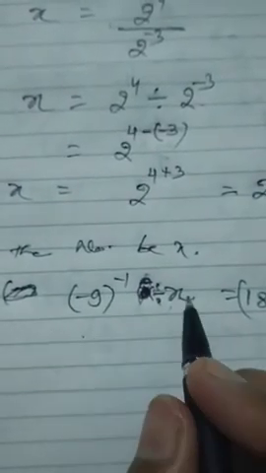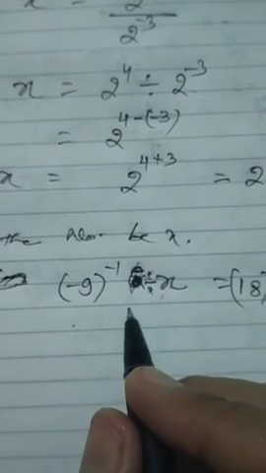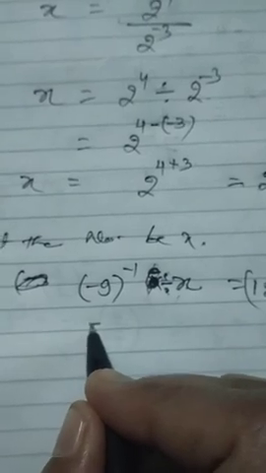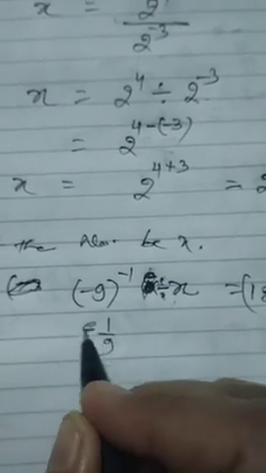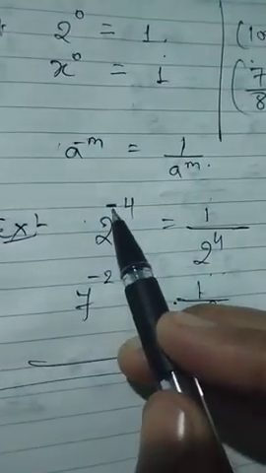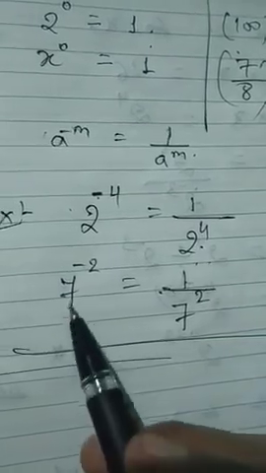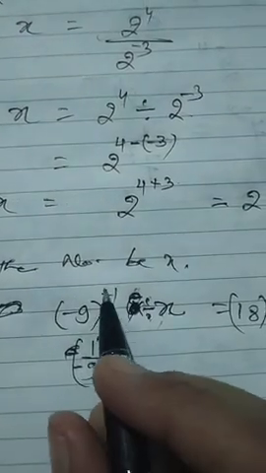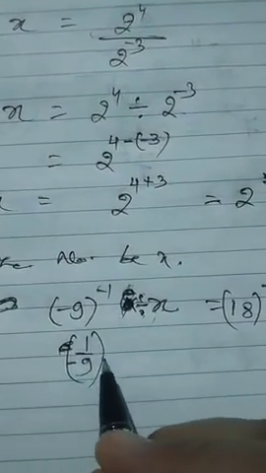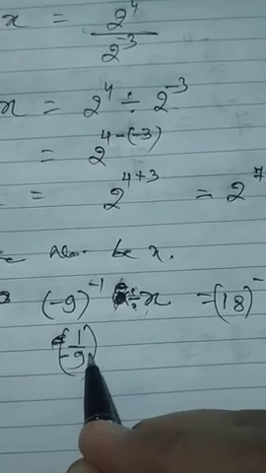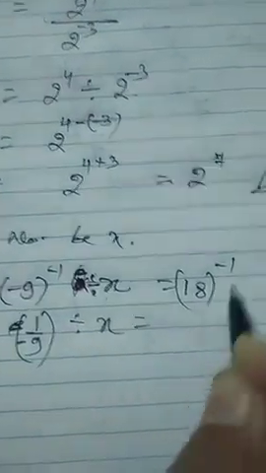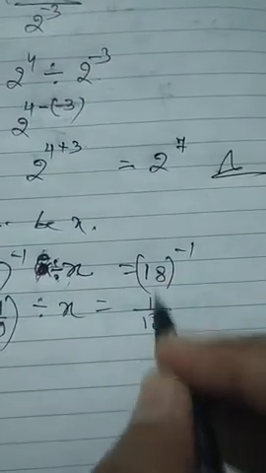Now we have to find out the value of x and this is in divide. So what we will do here, if you have a problem you can write it in this form. 1 by minus 1 by, or simply 1 by minus 9 in inverse form. If you want to write the inverse like this, minus 1, its inverse form is this. Okay. 1 by minus 9 we can write. Its inverse power is minus 1, so you can write the power in plus. So 1 by 9 to the power 1. 1 means we can write simply minus 1 by 9 in inverse form divided by x. This one also you can write in positive form by writing it in this way.